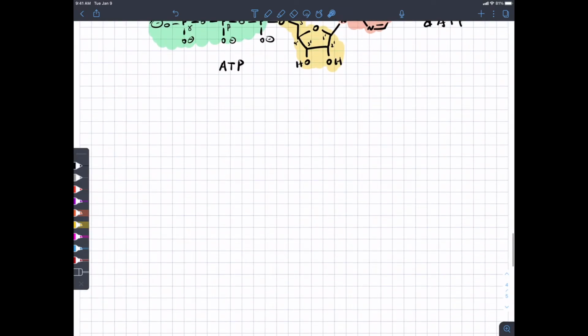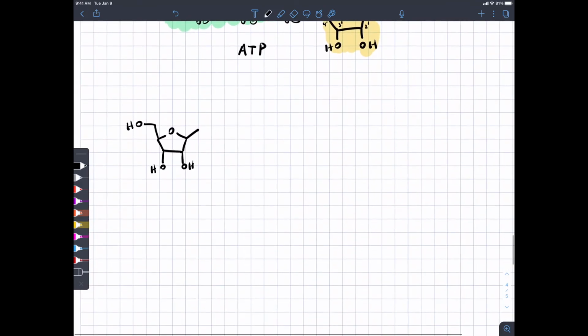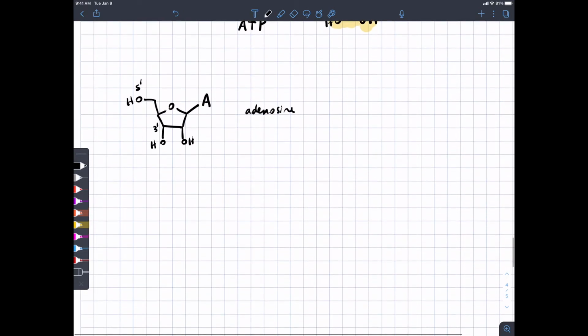But for now, let's assume we're at the very beginning. So we've got here a ribose ring, and we have an OH group here. So we're going to be drawing a nucleoside, and then hopefully, if it's okay, I'm just going to abbreviate the base as A, and then you can go somewhere else in your notes and figure that out. So here you have a molecule of adenosine, and this is the 3' hydroxyl, and this is the 5' hydroxyl group. And then let's say our next base that we want to add is G. So we want to add the guanosine